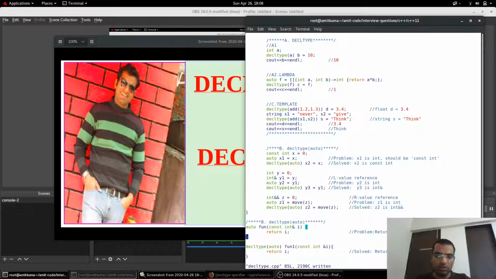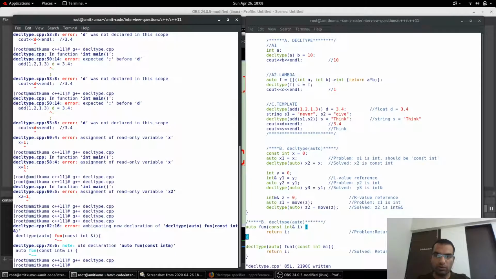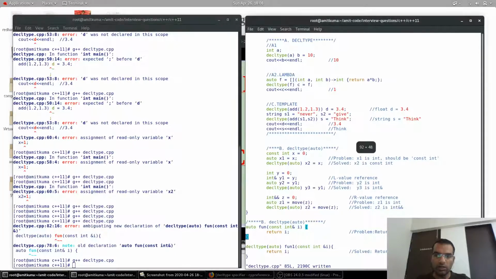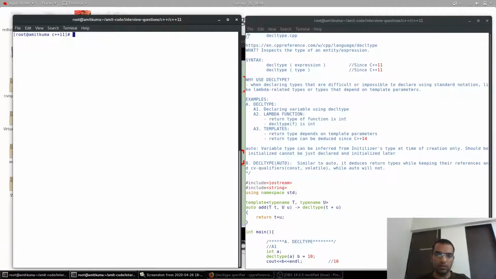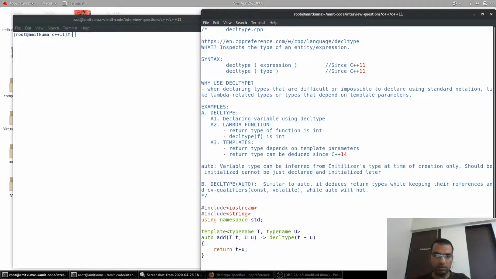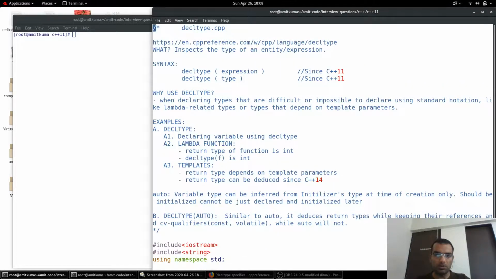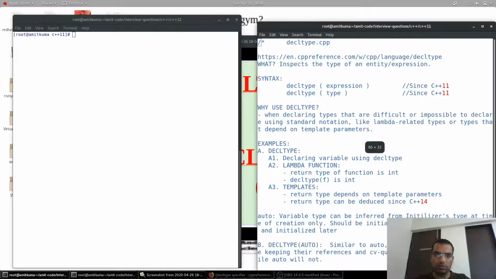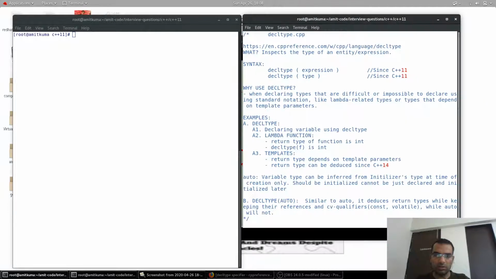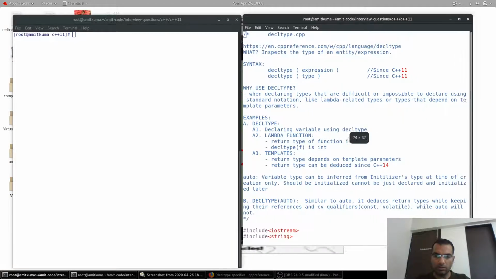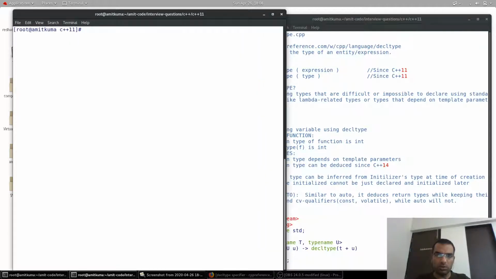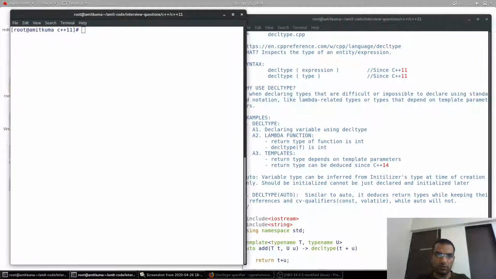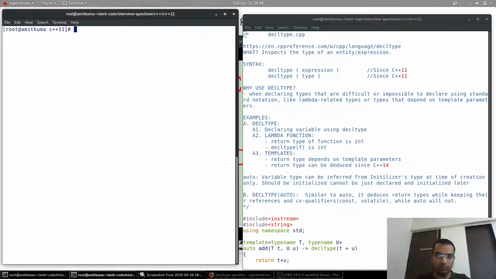So this is the source code for the decal type. On the right hand side, I'll just clear it, or I'll just make it a bit bigger. Just please give me a second. Okay, and I'll just make this one a bit big as well. Okay,